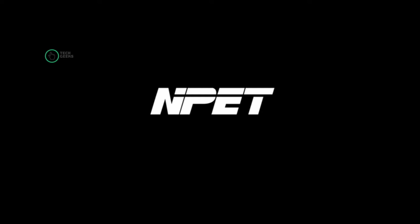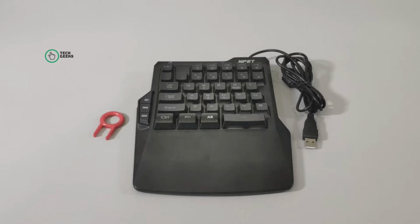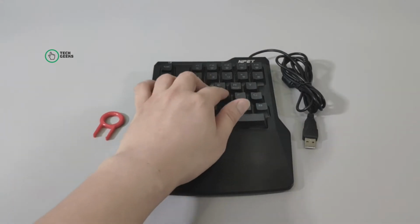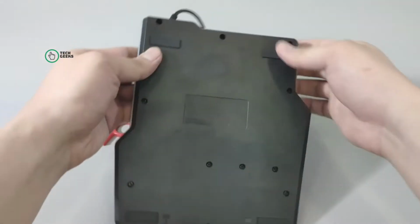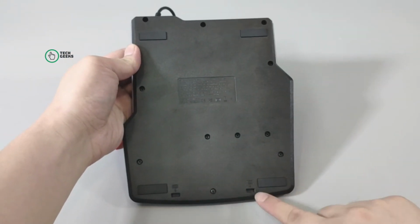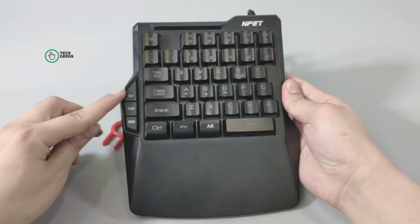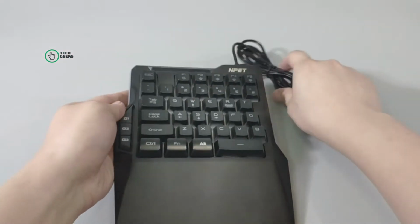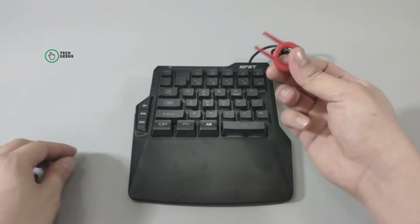Number 2. NPET T20. For a pro gamer used to playing AAA titles and keeping an eye on the latest releases, the need and importance of a gaming keypad cannot be overstated. In plain English, with a normal keyboard, you would not be able to thrive. The quality and the potential of one-hand gaming keypads are only revealed in